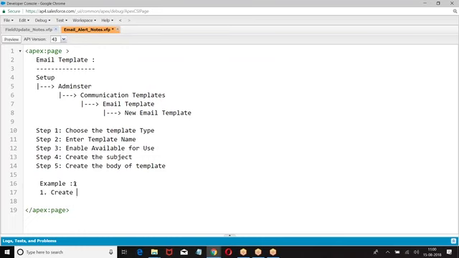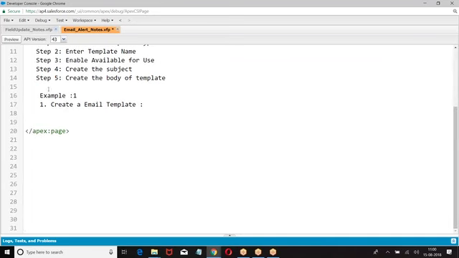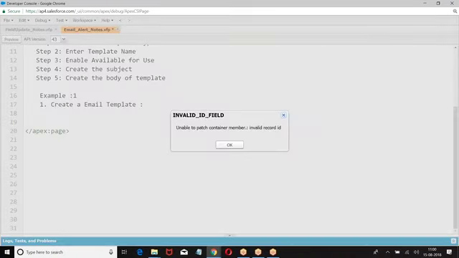One, create an email template. On which object are you trying to do it? Template name.